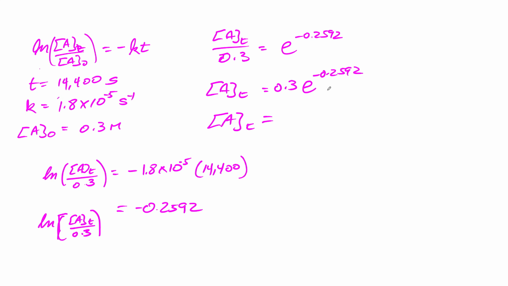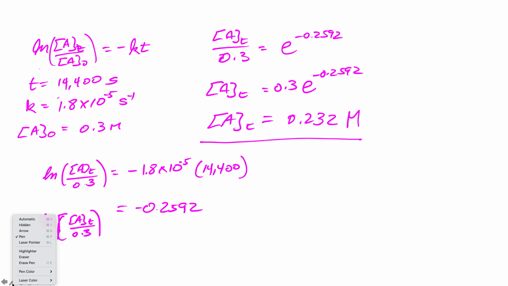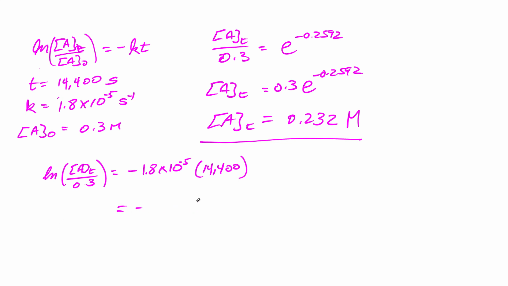This number here is 0.77, roughly, times 0.3, and you should get a value of 0.232 molar concentration. So that is the answer for the first part. All right, so I'm going to erase all this because I want to use